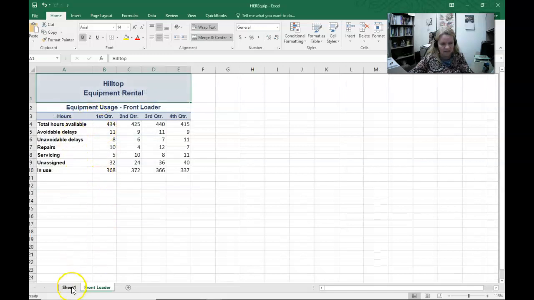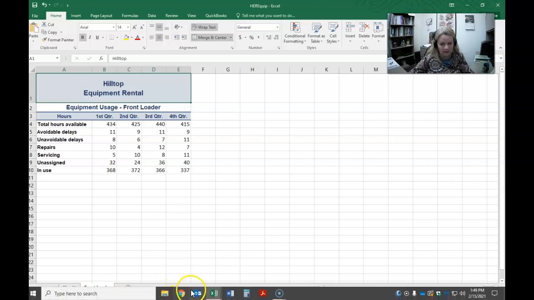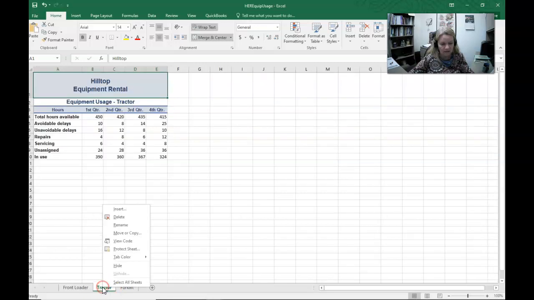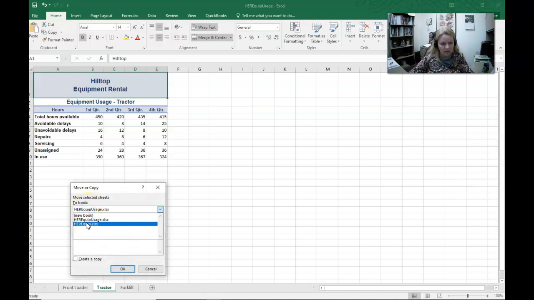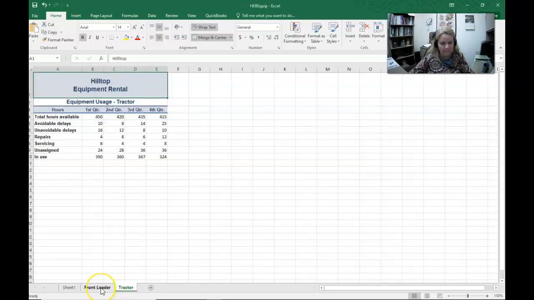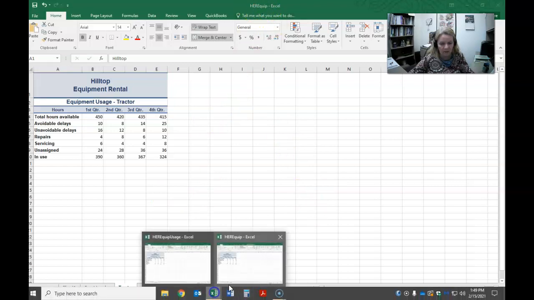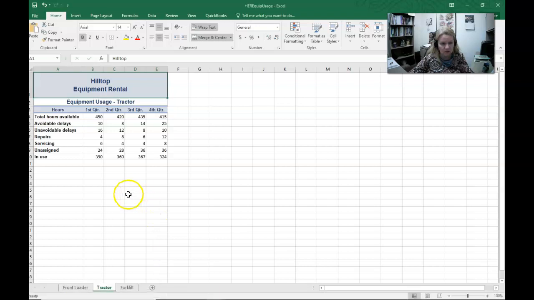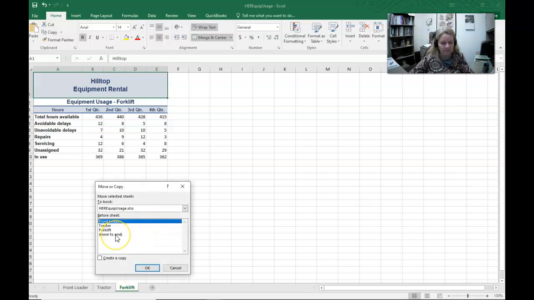And now you'll notice the sheet 1 is primary, front loader is secondary. I'm going to do that with the other 2 sheets from the usage workbook that I had. Similar steps. Select tractor, move or copy, change the location to the primary file, move it to the end and make a copy, and click OK. I'm in the equipment file now. Go back one more time to the equipment usage file. Select the forklift sheet, right click, move or copy. Choose the file location will be the primary file or equipment file, move it to the end, make a copy,